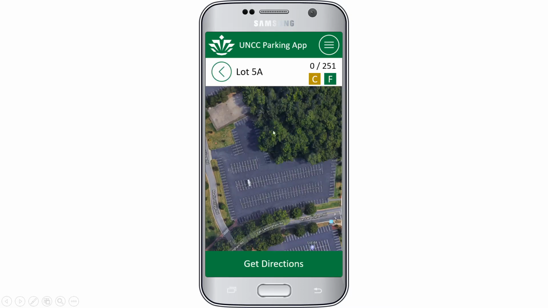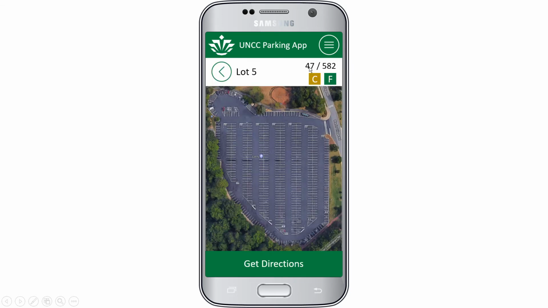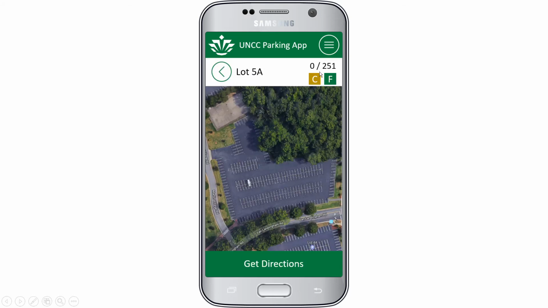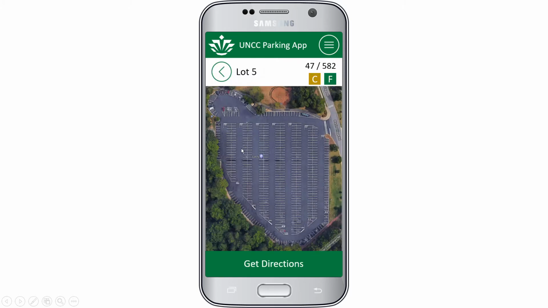So instead I can look at lot 5A or lot 5, and I see here in the detail view that the count of cars is 47 out of 582, and for lot 5A it's 0 out of 251, so this lot is completely empty. With that information, you can determine how likely it is for that lot to be filled by the time you get to it. But also, if you've just changed your permit or you're new to campus and you're not sure